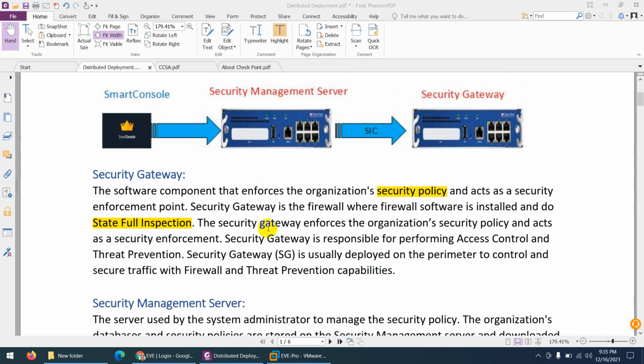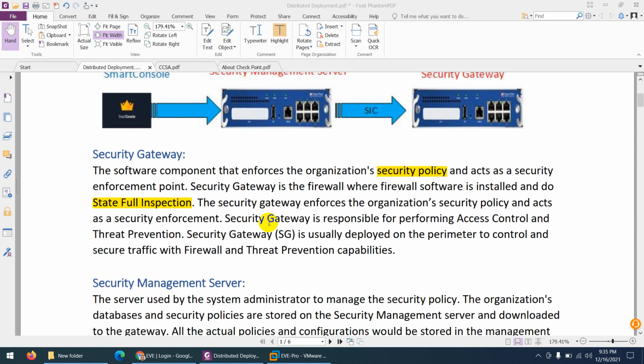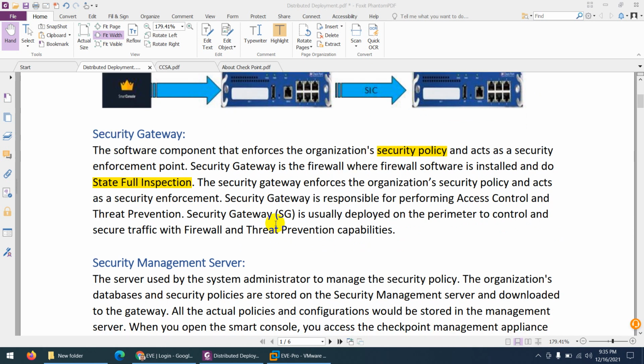Here they call it a security gateway. This security gateway is like firewall software, an operating system which you install, and it does stateful inspection. And we know what stateful inspection is, which is the concept in a next generation firewall.